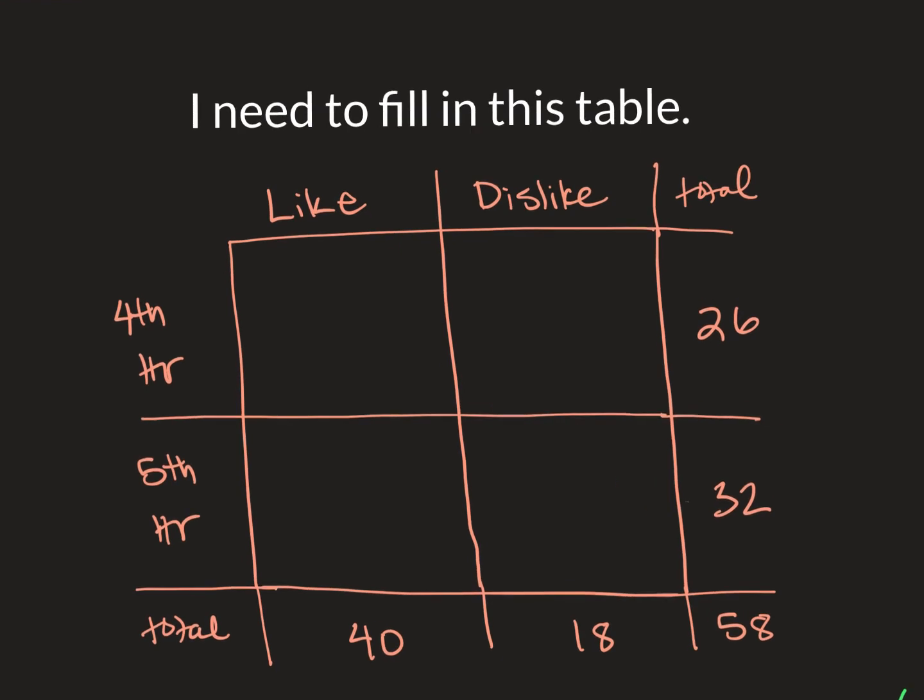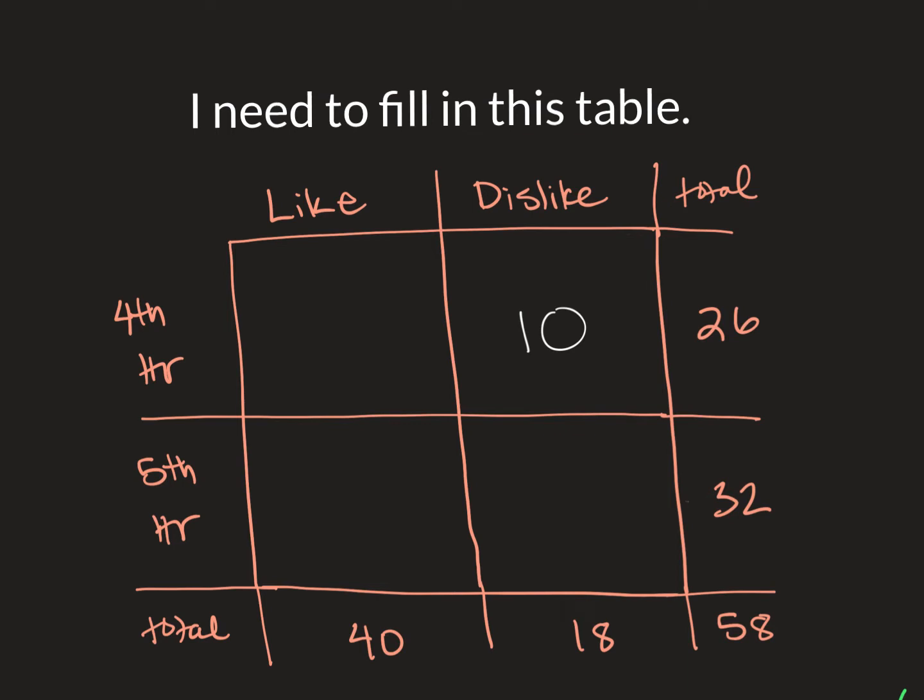This is a two-way table where I know that the top is going to sum to 26. This is going to be 40. This will be 18. This will be 32. And I have a fair amount of choice in where I put things right now. Now, there are some restrictions, like I can't put a 20 here because then I won't sum to 18. So these two numbers do have to be less than 18. But I can start in a lot of different places. It doesn't really matter. Let's, in fact, start over there with that 18. Let's say I'm going to have a